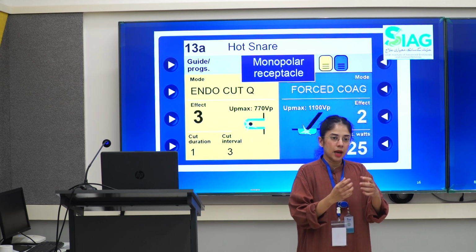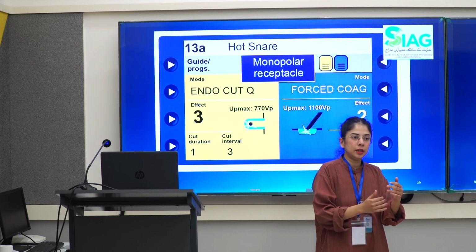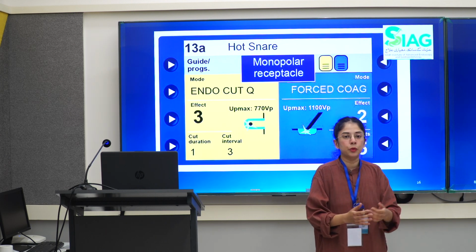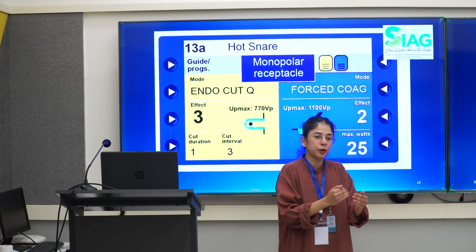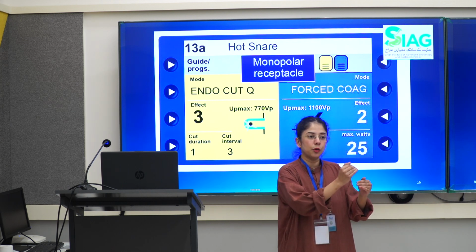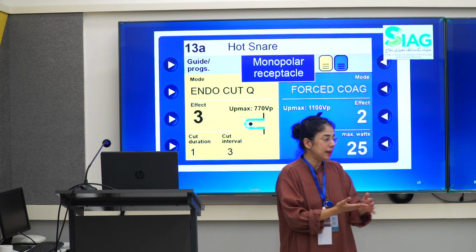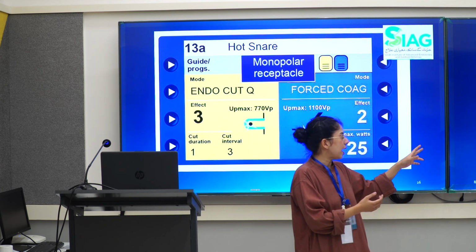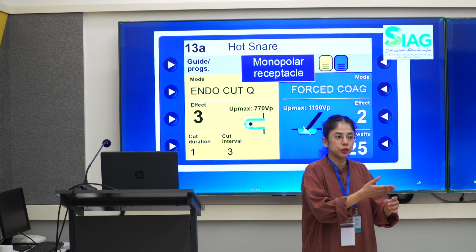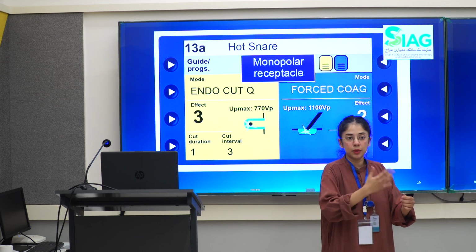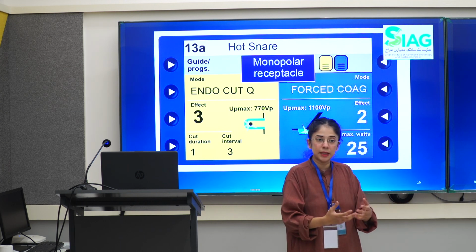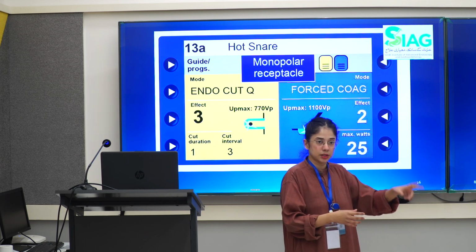But the problem is your control. As a trainee or as a beginner, some people might be more experienced and they might have a preference for pure cut. But I think as a beginner, people prefer to have a blended cut because you have intermittent coagulation. Your sphincter tone stays steady, and the voltage actually determines how steady your sphincter tone will be. Otherwise, if the voltage is too high, you're springing up without actually being able to control it because the speed matters, and voltage determines the speed of the cut.